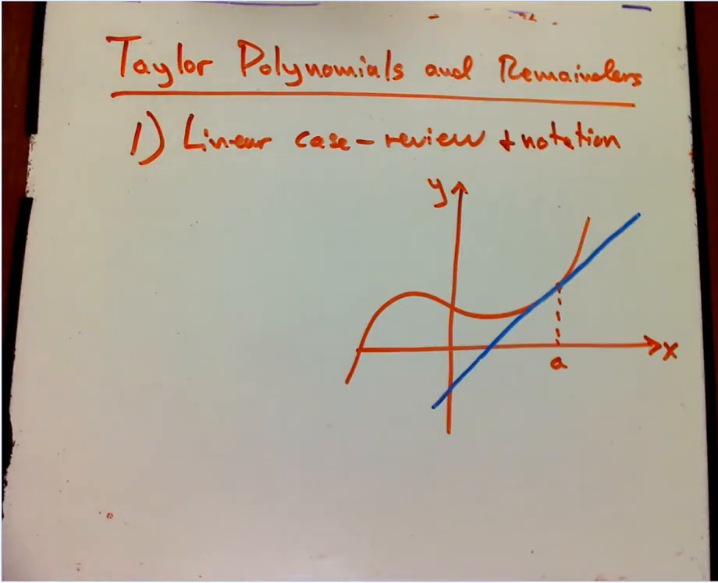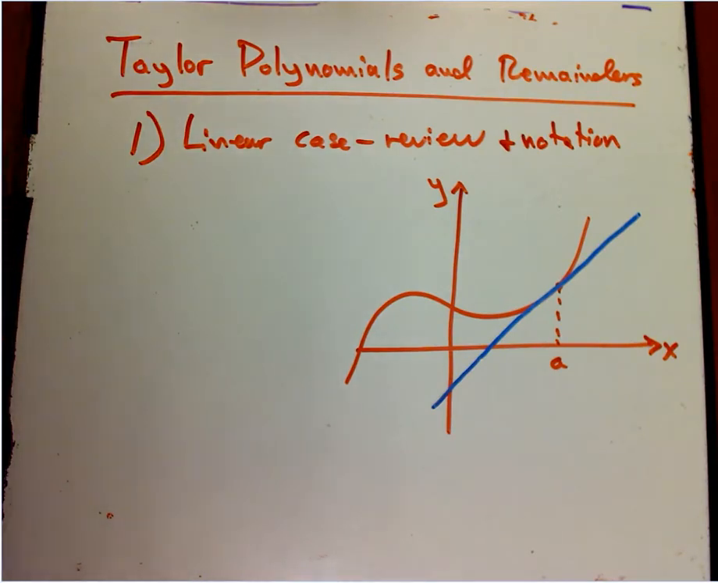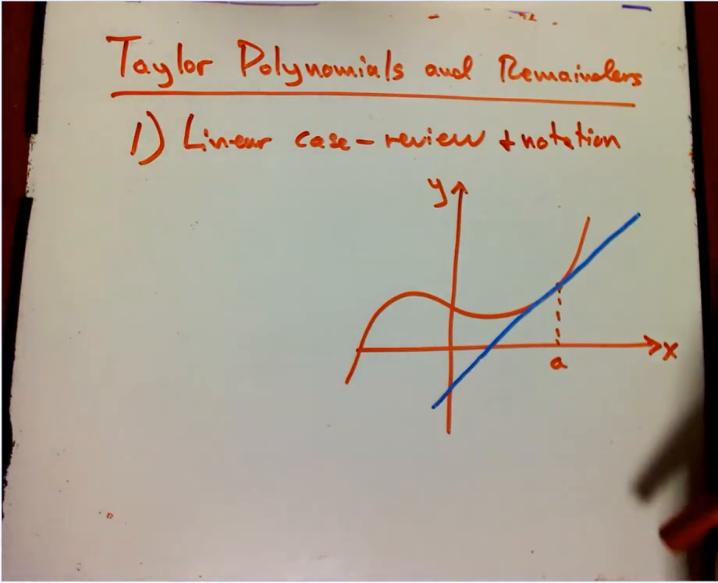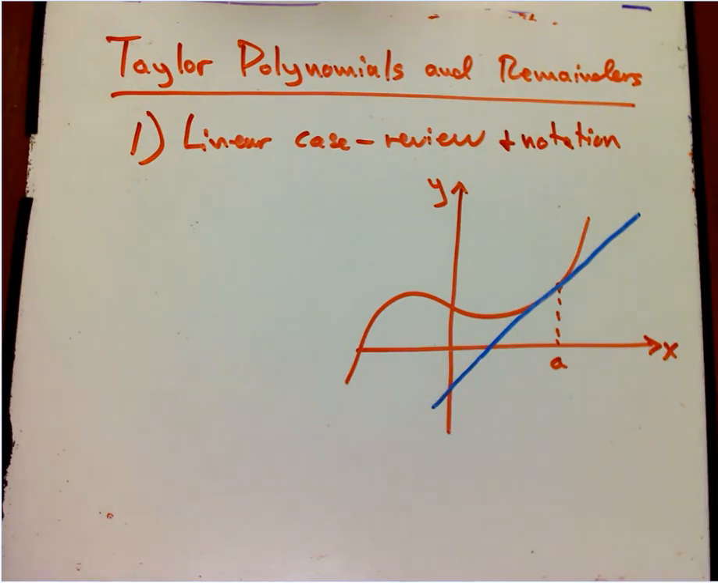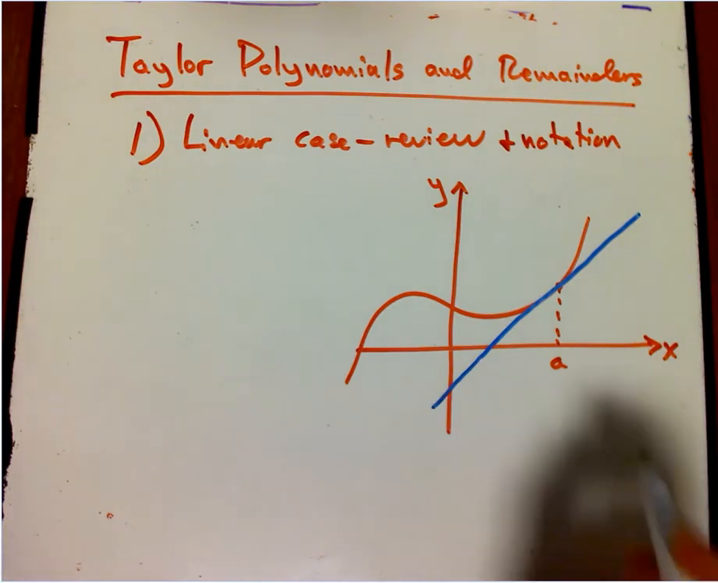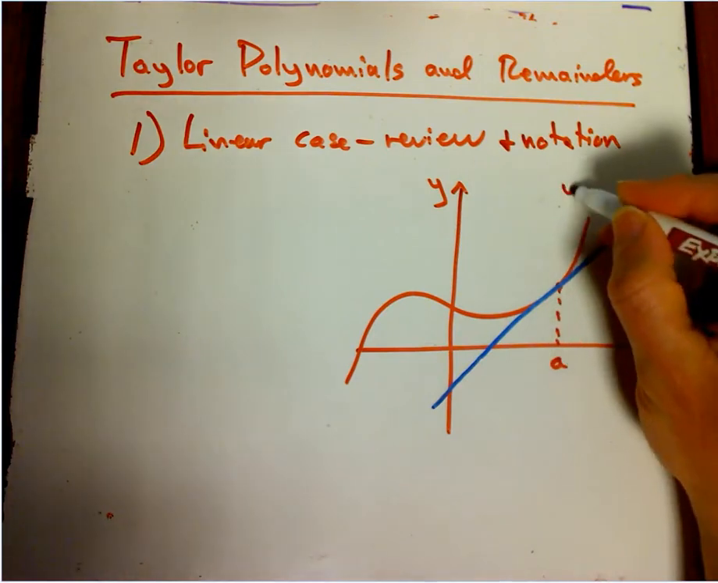This is part one of talking about Taylor polynomials and remainders. This is going to be a review of the linear case and just switching some notation in terms of what my class has seen. So we've got a function y equals f of x,